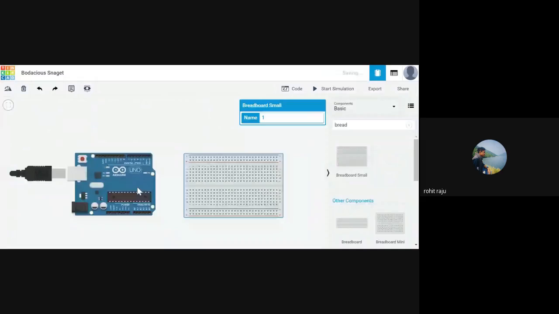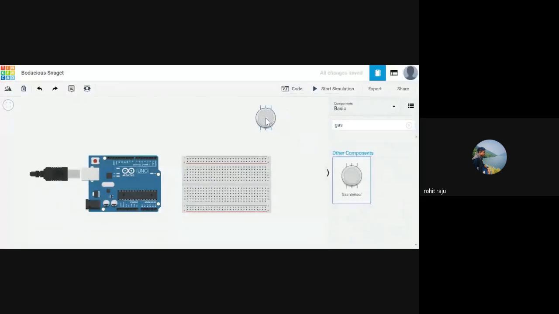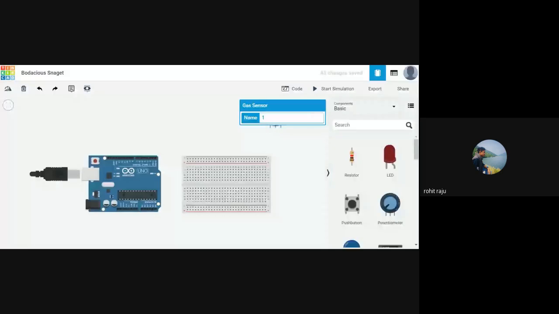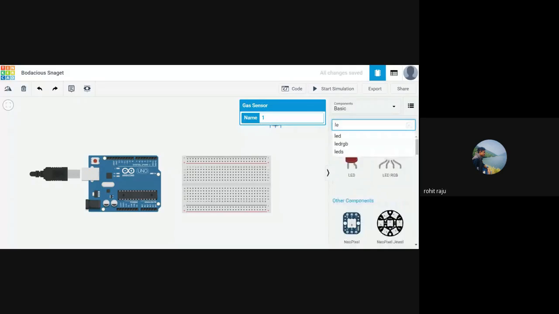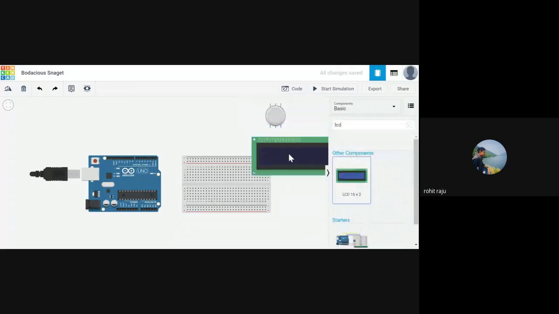We need a gas sensor, which is our main component. Bring it and put it in some random place. We also need a couple of resistors, two LEDs, and let us bring the liquid crystal display.